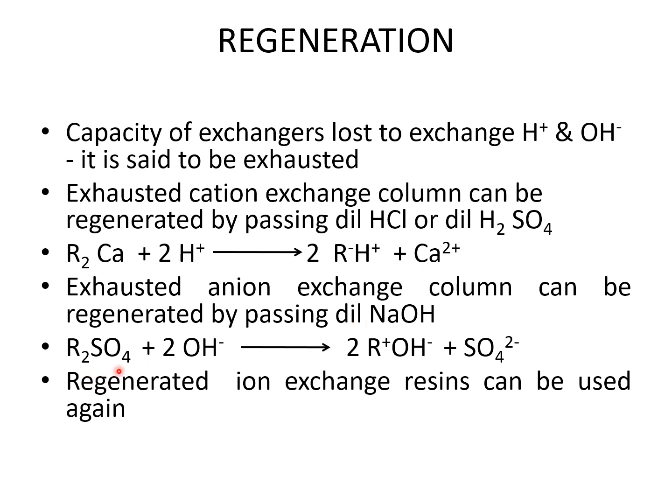R2SO4 is our exhausted anionic exchange resin. When we spray alkali, OH- into it, it forms our ROH-, that is the anionic exchange resin, and sulfate moves to the sink. So the regenerated ion exchange resin, both the cationic and anionic ion